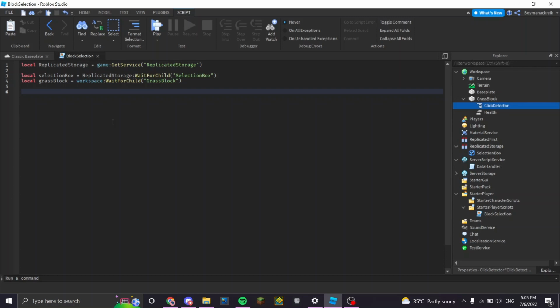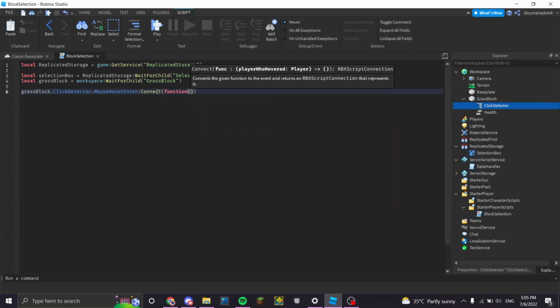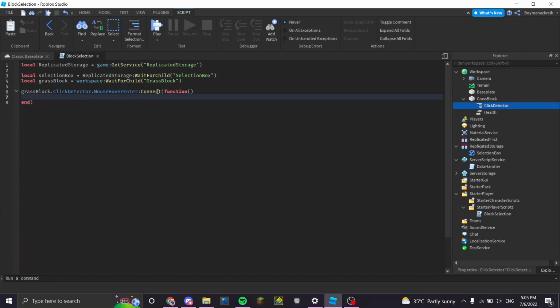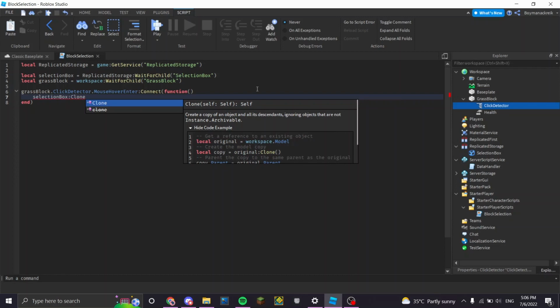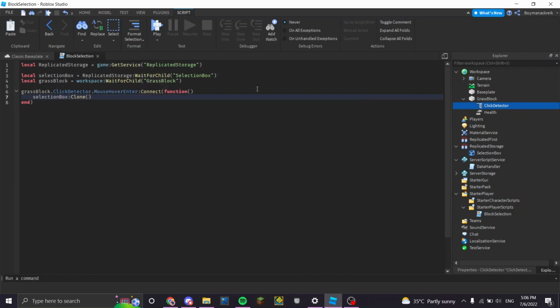grassBlock.ClickDetector.MouseHoverEnter:Connect(function, and we're not going to put anything in there for now. And now what we're going to do is selection box clone. Actually, we're going to make a variable for the selection box. So local newSelectionBox